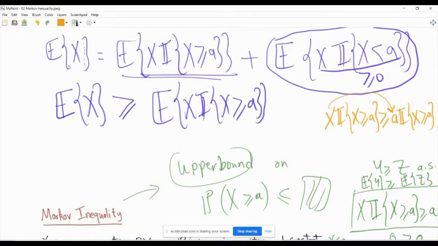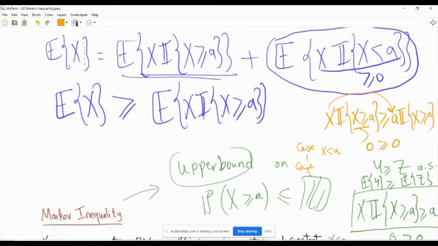motivated by the fact that the indicator is x greater than or equal to a, which means that it may be the case that x is less than a, and if x is less than a, then both indicators are 0. So this is case one, that x is less than a, and both indicators will be 0, and you have 0 greater than or equal to 0, which is correct.